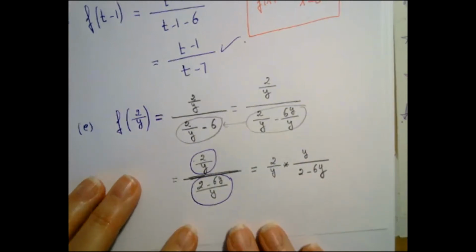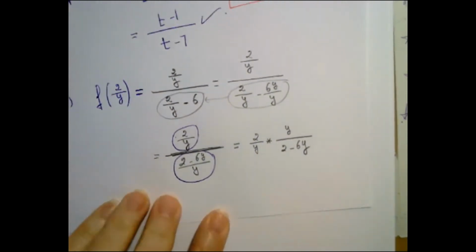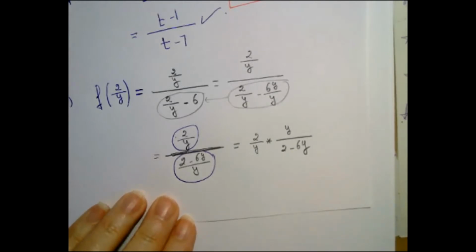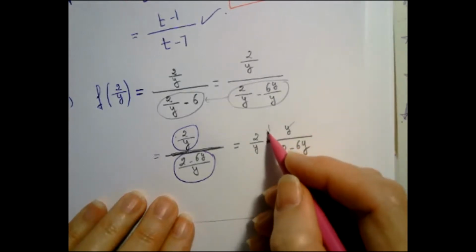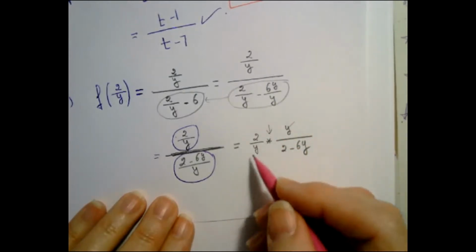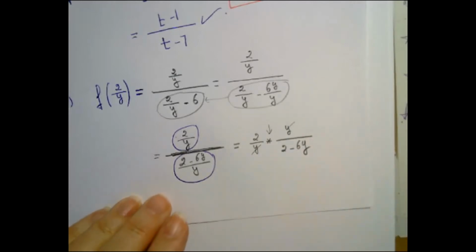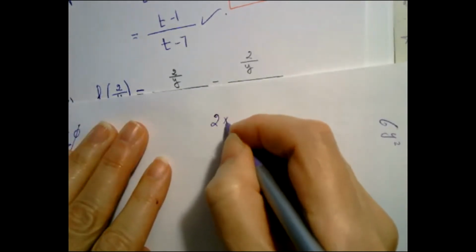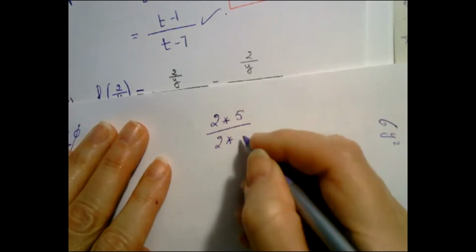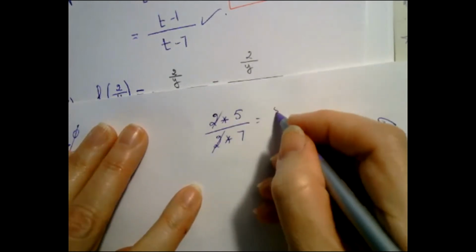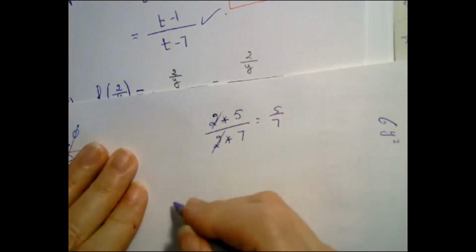Okay. Now, can we make it a little bit better? Can we simplify a term here? Yeah, we could cancel out the y's. We can cancel the y because we have a multiplication here. We can only cancel. Let me make this idea clear. If you have 2 times 5, for example, over 2 times 7, then we can factor out the 2, which gives you 5 over 7. What we cannot do,